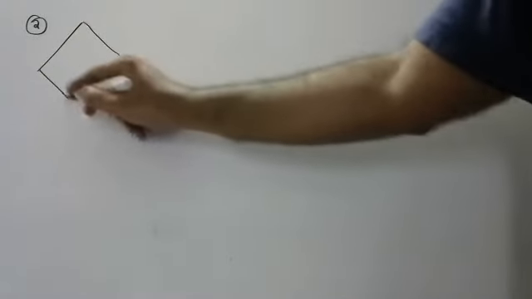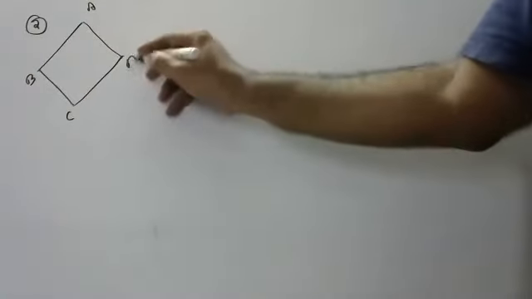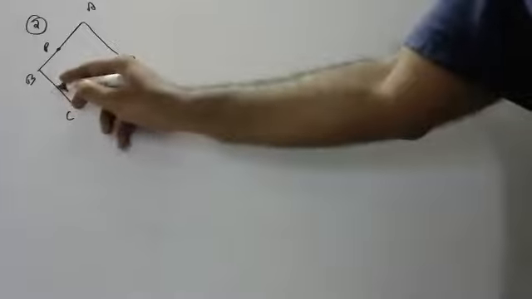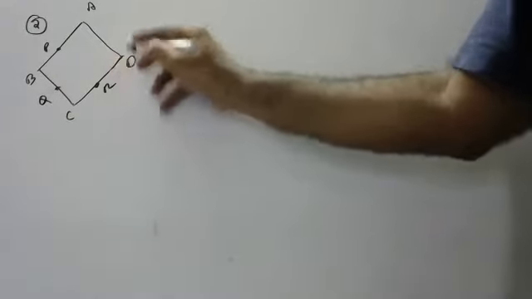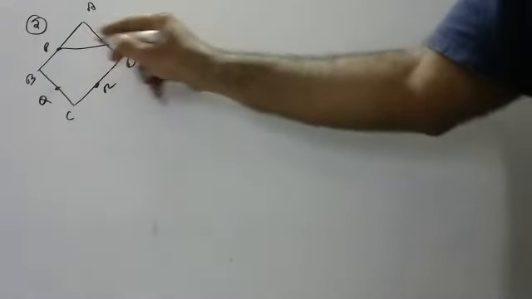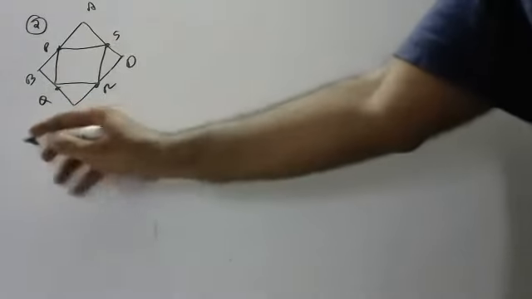At least concentrate for the second sum. The second sum is going like this, children. ABCD is a rhombus. ABCD is a rhombus. PQRS are the midpoints of AB, BC, CD, AD. All are midpoints, children.